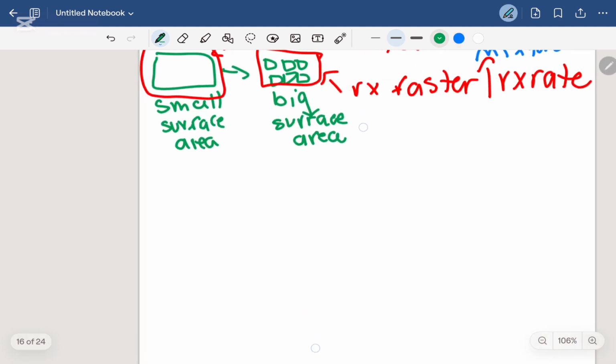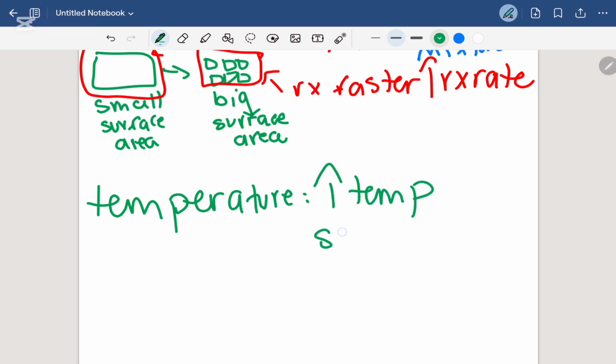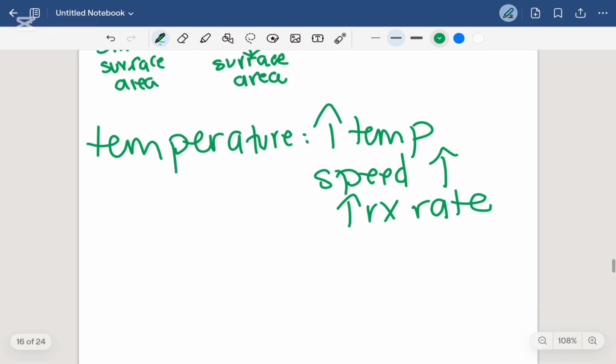Next thing we have is the temperature. Temperature. When we increase the temperature, the speed of the particles will increase. So if they are moving faster, then definitely if they are in the same container, they are more likely to hit each other. So if they are more likely to hit each other, that means we increase the reaction rate. So as we increase the temperature, then the kinetic energy or the speed will increase, then the reaction rate will